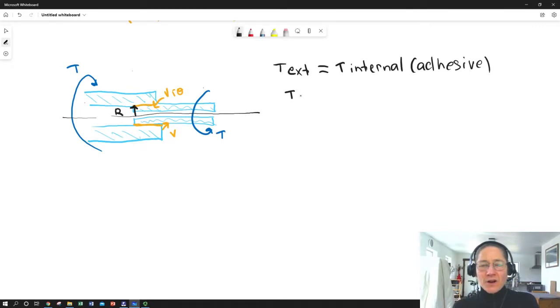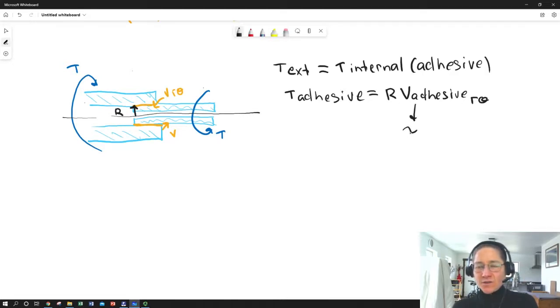So we'll call it our torque T adhesive. The magnitude of it is going to be equal to R times our shear adhesive. And we're just going to remind ourselves that's going to be on the R face in the theta direction. And that's, of course, the shear stress times